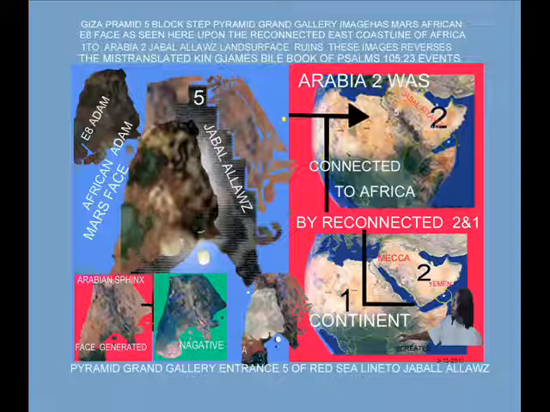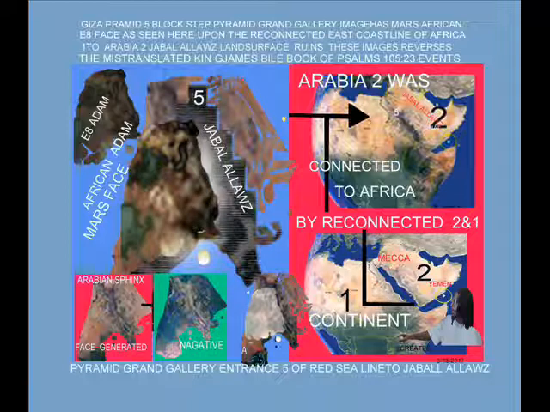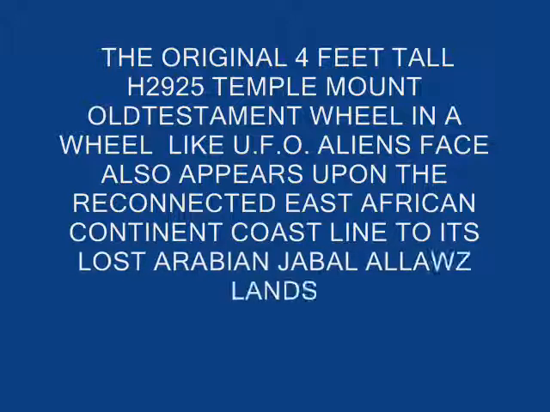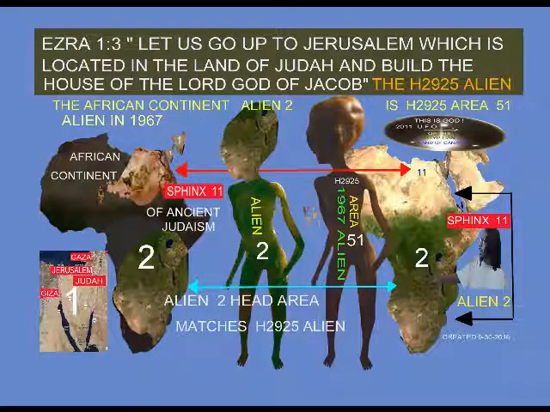In this particular video, I want you to check out my Nibiru Temple Mount Alien Facebook page, where I discovered that when we draw 12 horizontal lines across the African continent land surface from south to north, and look at it with satellite imagery, we will see the African tribes living in each of the 12 horizontal land surface lines. This comes the term in which I call the 12 African continent tribes, in which the SPHINX11, in which I am showing in the video, actually ruled over in ancient Judea and Jerusalem.